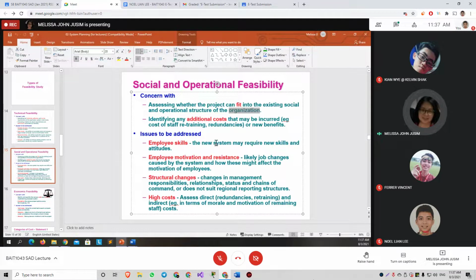And then if there is any additional cost that needs to be incurred, it means that if they want to implement the new airline system, they're able to handle the cost of retraining the staff so that they can use the new system efficiently and so on. Redundancies means whether any of the staff need to have their service terminated and so on. Okay, so that is social feasibility.